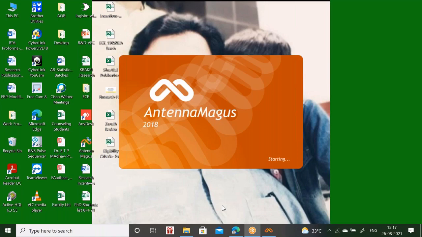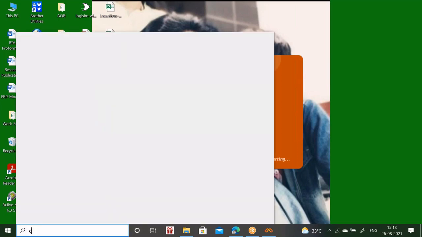The better thing is don't go with the CST or HFSS result that the tools are giving. Try to export it. Convert the result into a CSV file and export that to Origin Pro. Origin Pro is one of the good tools where you can draw all these results. If anybody is interested, I will show a demo of how to export that into Origin Pro and how to get high quality images. Yes, sir, we need it. Okay, so I will open one CST model and show how to do it.